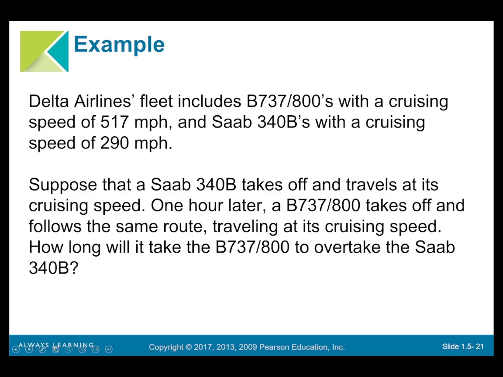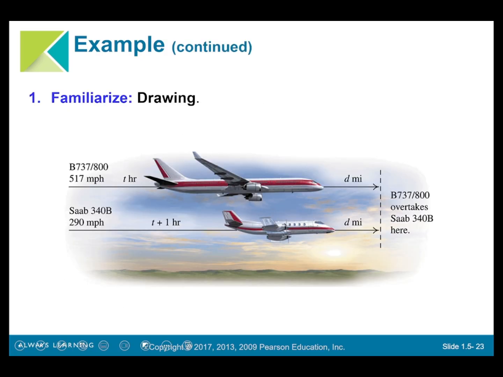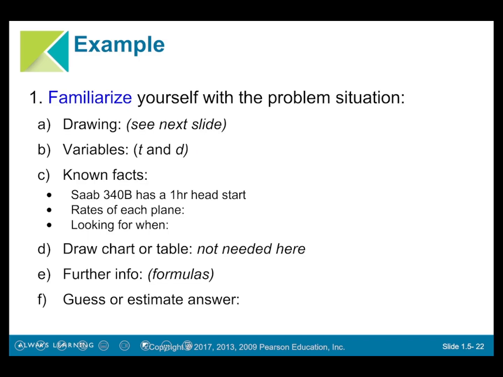Well, let's see. We got to interpret all this information that we're given. So, familiarize yourself with the problem situation. Let's think about a drawing. And luckily, the textbook came with a drawing, so I didn't have to think about it myself. But we have the SAAB taking off first, and then the B737. And we're thinking about at what time do they actually match up, okay? That is what we're trying to picture in mind. When does that happen? So variables t and d, well, t, of course, is time,